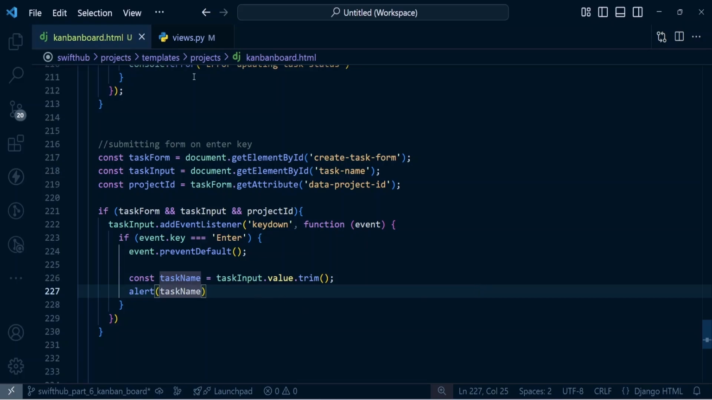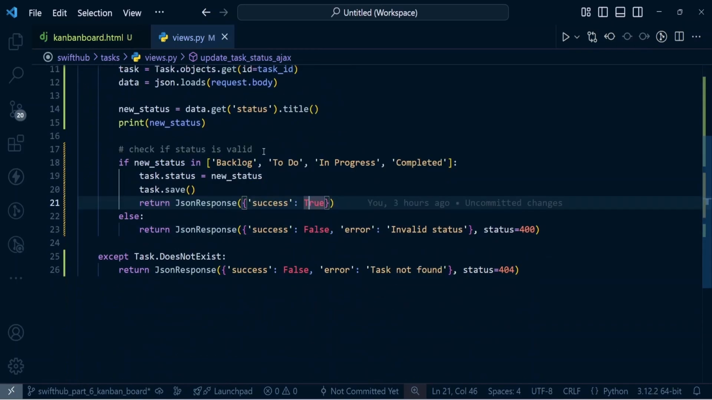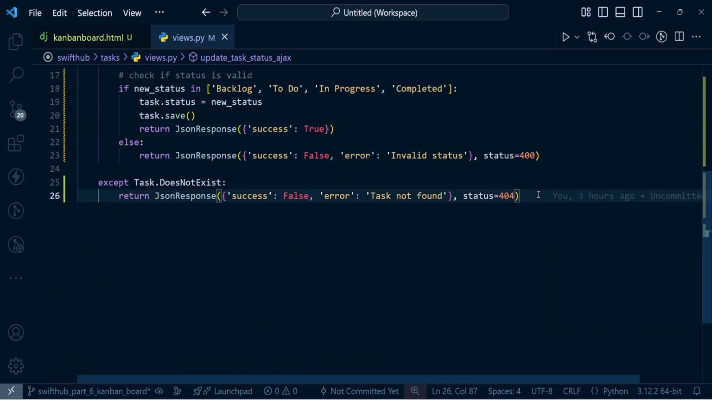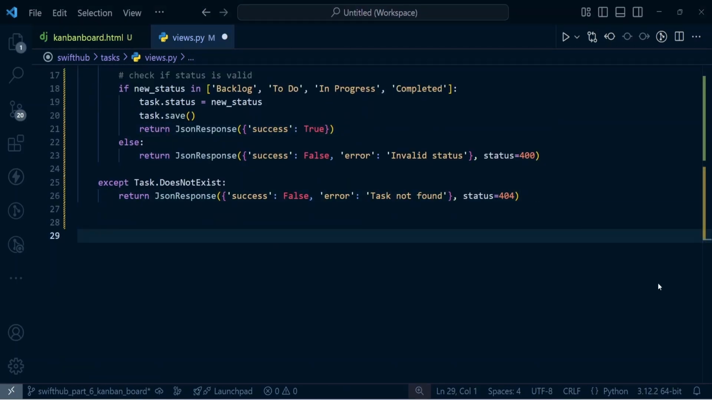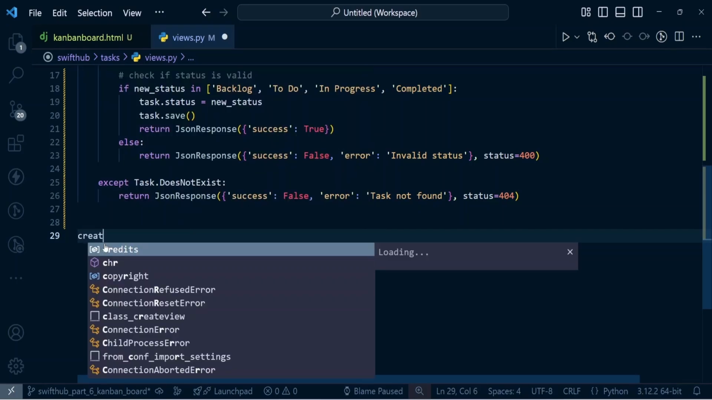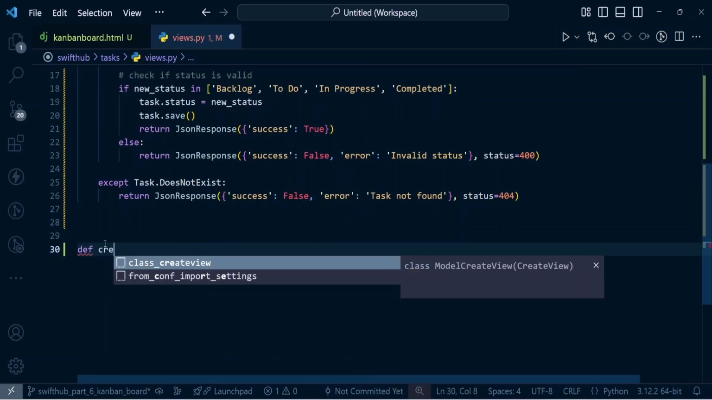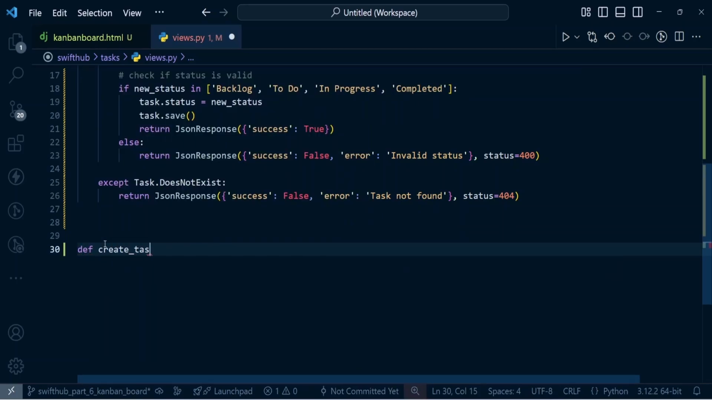what we're going to be doing is to write our backend logic to be able to continue with what we are doing. So I'm just going to go into the task views, and inside the task view, I'm just going to create another function. This function, I'm just going to call it create task ajax. So I'm going to do def create_task_ajax like that,